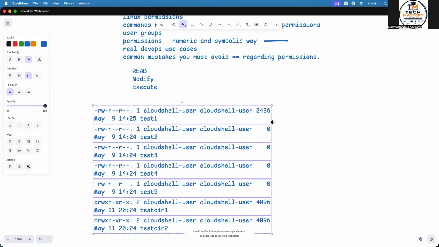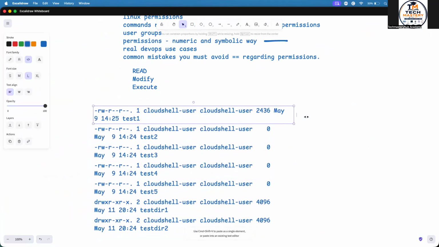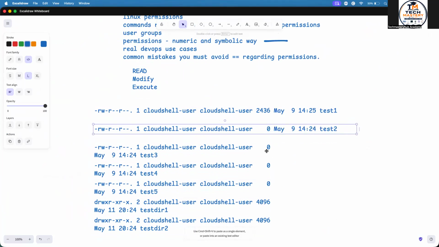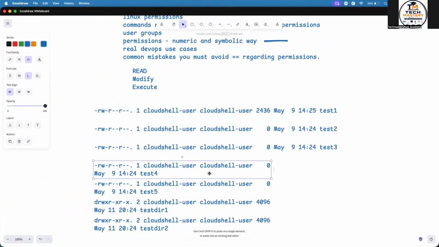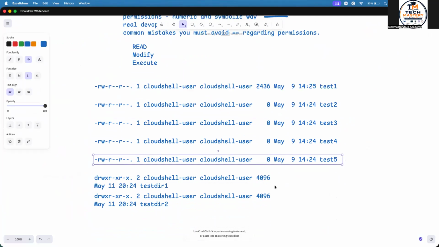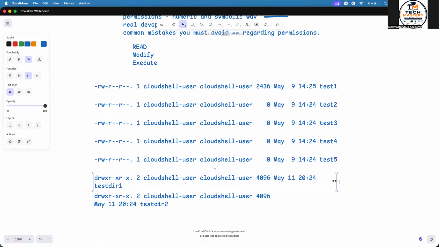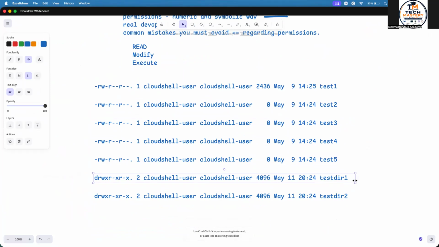Okay, so you can see these are the files and directories. These 4 are the files. How can we understand these are the files and other 2 are directories? Let me tell you that as well. So test1, test2, 3, 4 and 5, these are the files, and this test dir1, dir2,